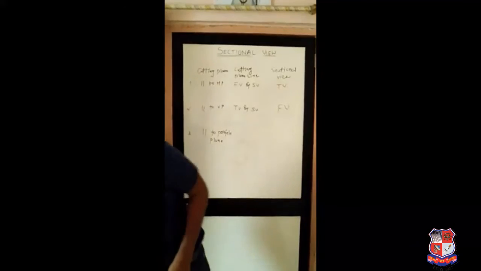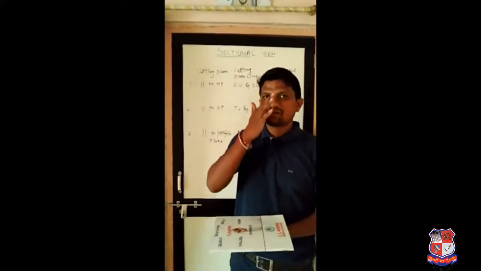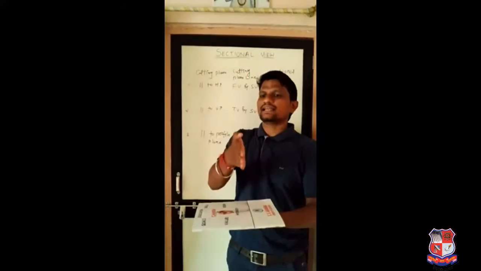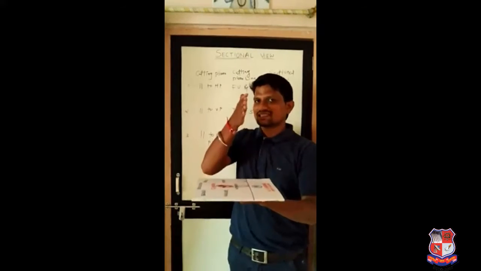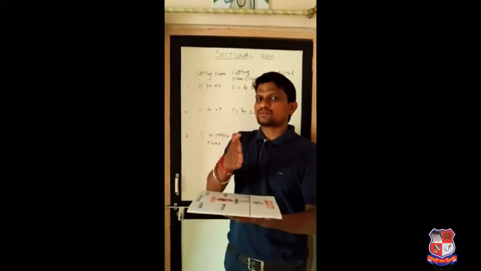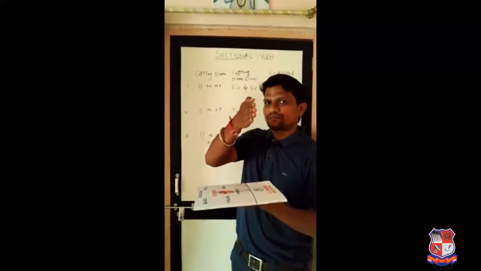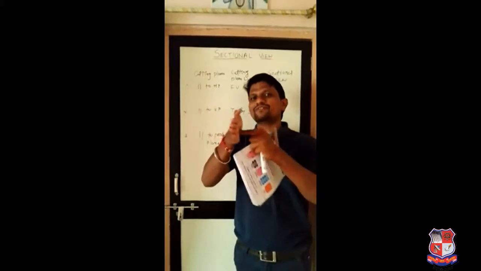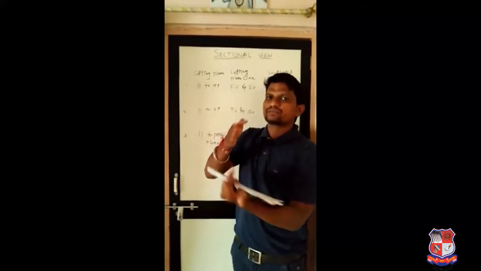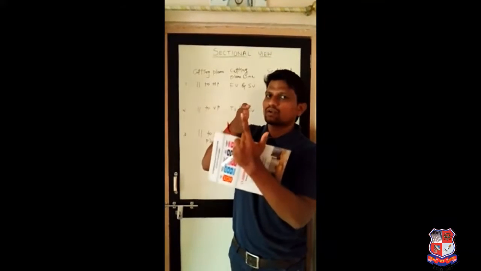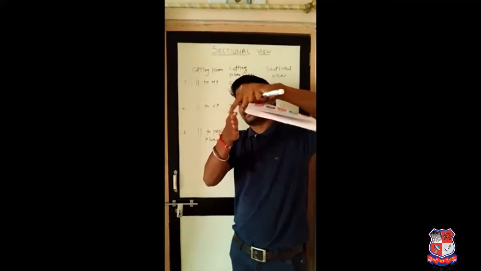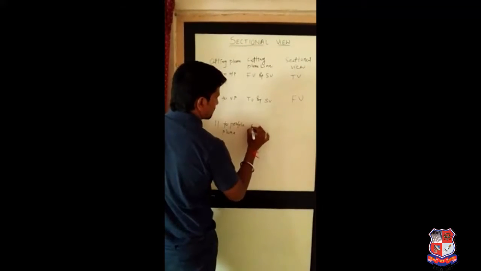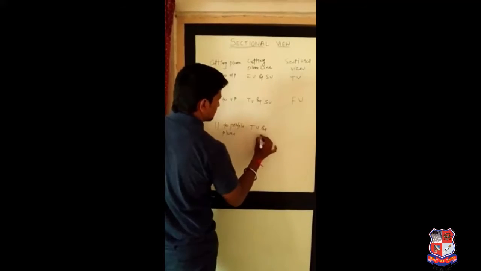Now the third case, when we cut the object with the help of a cutting plane which is parallel to the profile plane, right? This is my object, this is my cutting plane. Right now the cutting plane is parallel to the profile plane. So in the front view, only a line will be visible. The cutting plane will be visible from side view only, right? From the front and from the top, you are going to see only a line. So the cutting plane line will be visible from top view and front view.